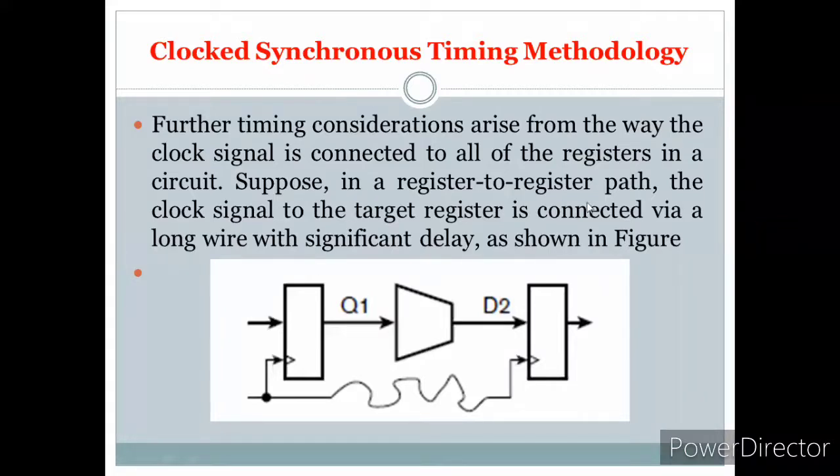Suppose in the register path, the clock signal to the target register is connected via a long wire with a significant delay, as shown in this figure. So how the connection is happening, these are all important parameters in VLSI design. It's not a simple thing, because billions of money is involved in this.